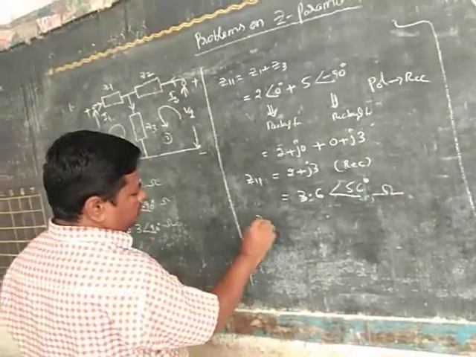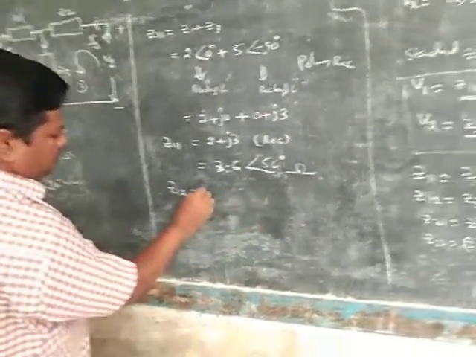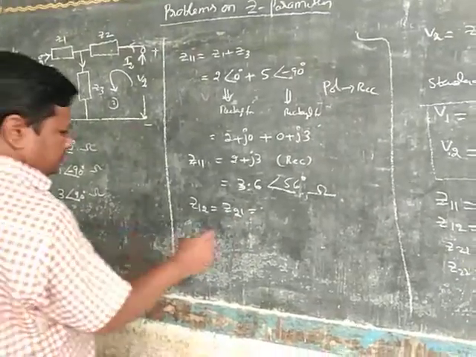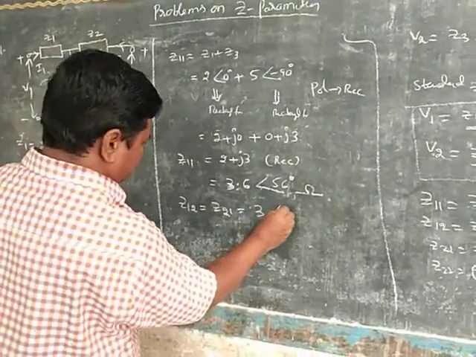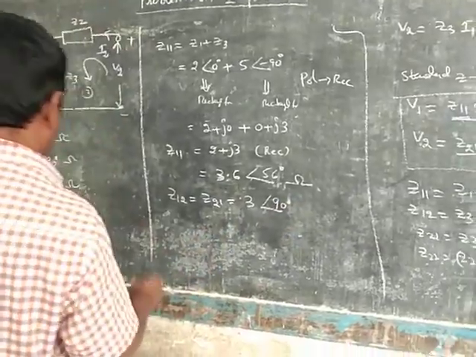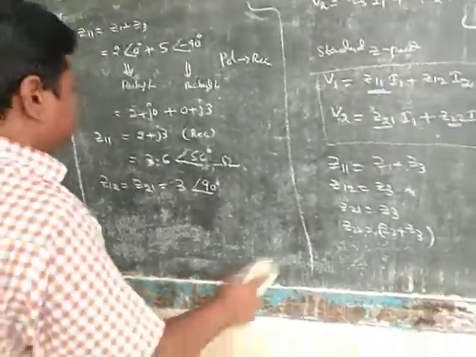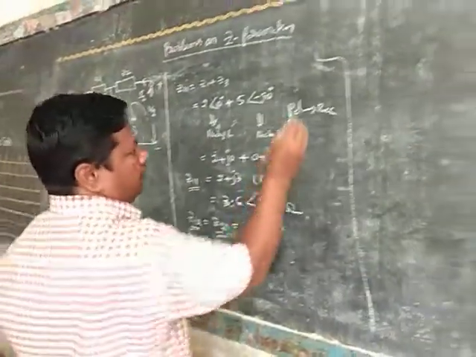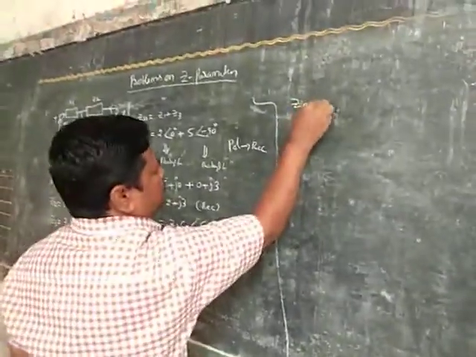Then Z21 is the same, that is equal to Z3 itself. Z3 is equal to 3 at an angle 90 degrees. Total three parameters are over. Last parameter, Z22, is equal to